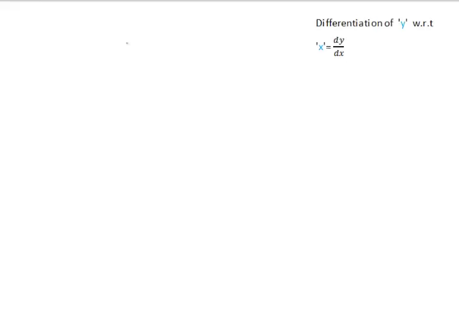In physics, we are not required to solve those limits. In fact, we are required to remember differentiation of elementary functions. The first formula to remember is: if y is equal to x to the power of n,